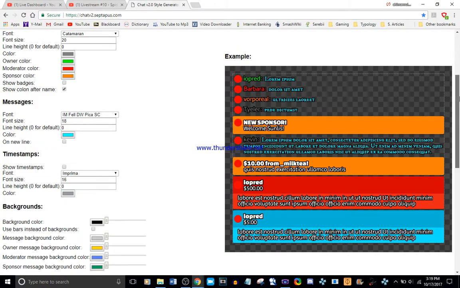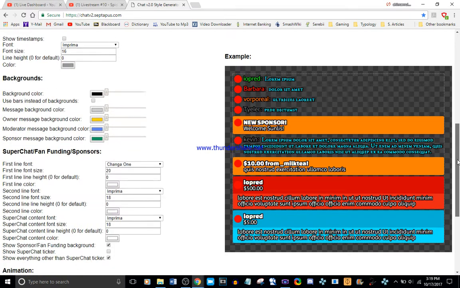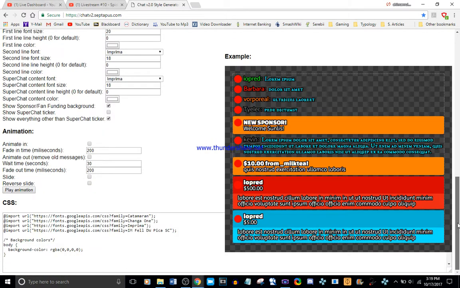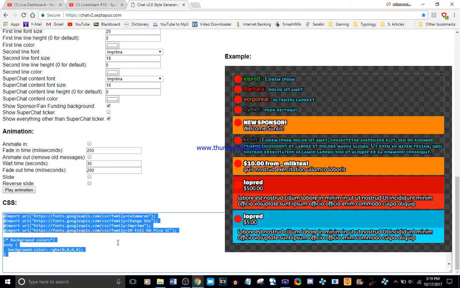Okay, so now we're going to go ahead. When you're done with all this, scroll all the way down. You can mess with all the other settings too, but I'm not going to because I don't mess with those. I just mess with the ones I messed with. Okay, so scroll all the way down to the CSS box right here, the CSS section, and what this says is that after you're done making all of your changes, this generator makes a code that you can copy into OBS so that you can have a chat overlay. So we're going to go ahead and select all of this, copy it,